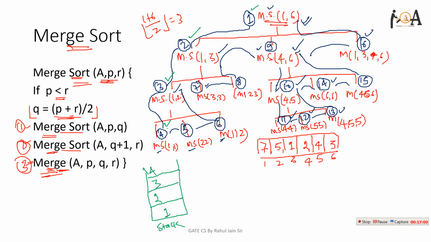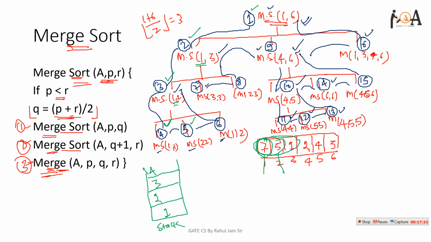But if you will observe function 4, that is merge sort 1 1. So merge sort 1 to 6, in order to sort all these 6 elements, we need to first apply merge sort on 1 2 3. On applying merge sort 1 to 3, we need to apply merge sort on 1 to 2. And on applying merge sort on 1 to 2, we need to apply merge sort on 1 to 1, that is 7. So 7 itself is sorted and 5 itself is sorted, right?